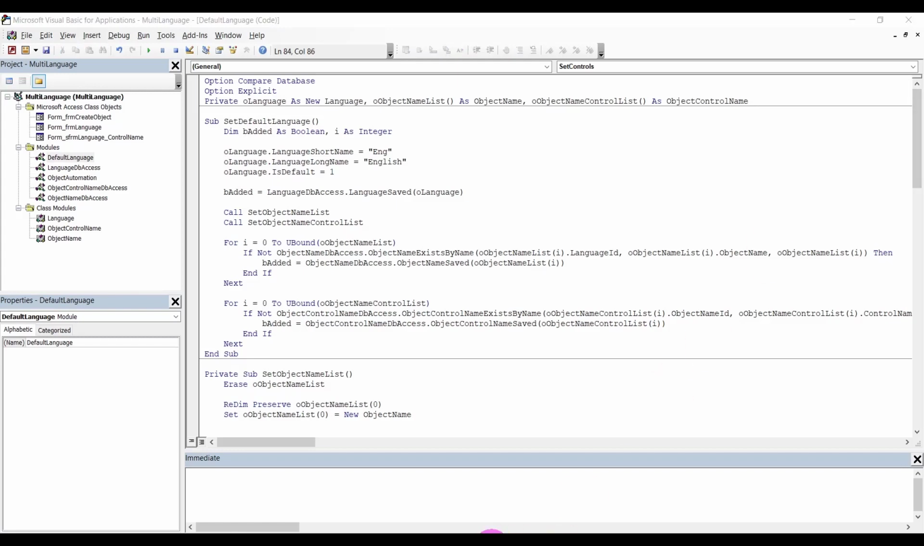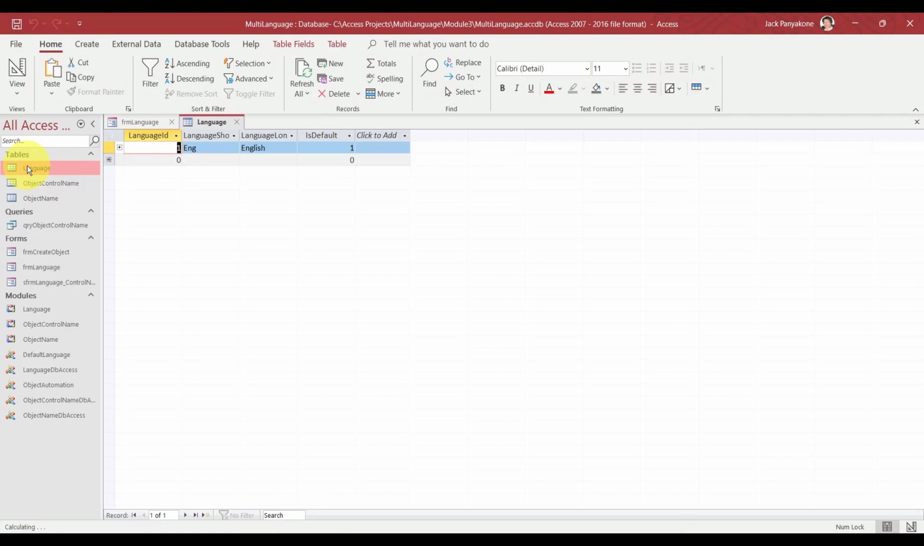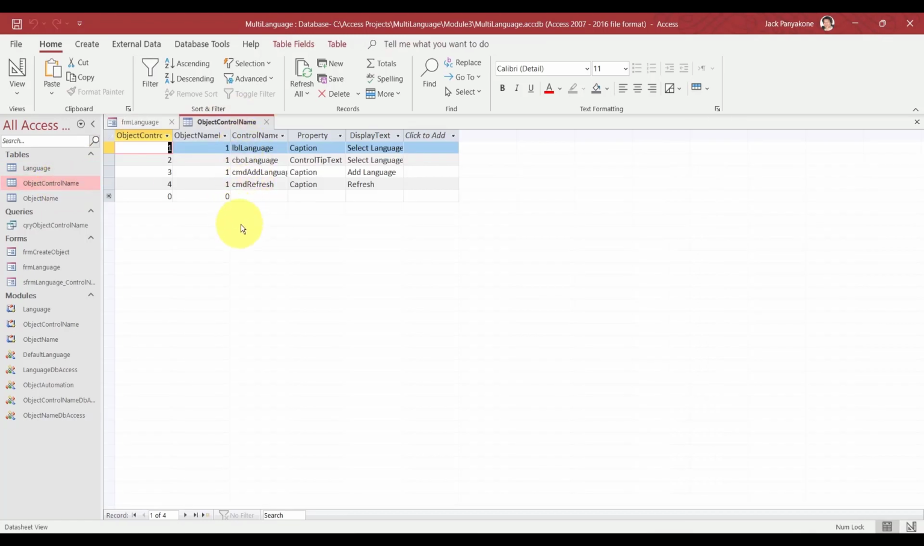So let's see if it's going to add the control. We're going to open this guy up, execute. This time we are not going to delete this guy. We want to see if it's going to add 2 additional controls. Remember, if it exists, it's not going to do anything, but if not, it's going to add. But there's a problem here. See this right here. Yeah, it looks like we're going to have to delete this guy,